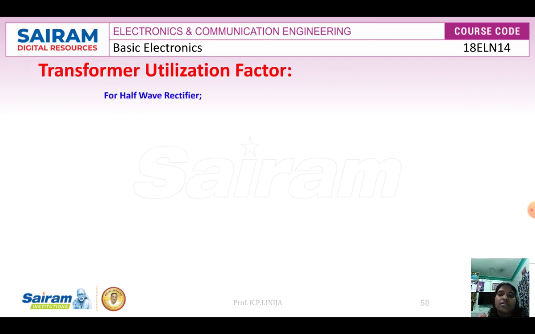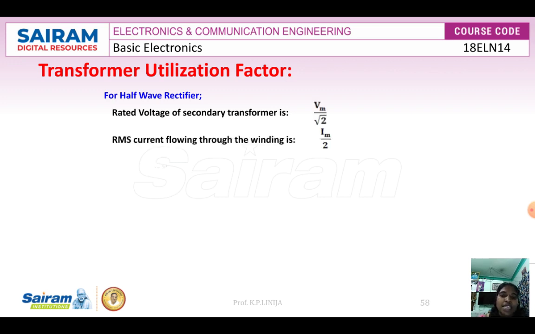Now again for the half wave rectifier, here we need to take care of PAC rated. PAC rated is nothing but the rated voltage of the secondary of the transformer into the RMS current flowing through the winding. Substituting the values for the half wave rectifier, we get